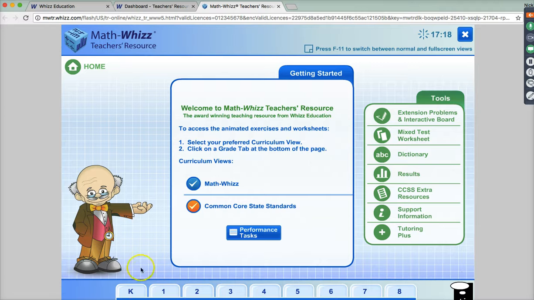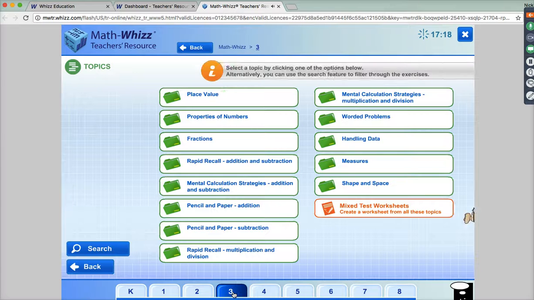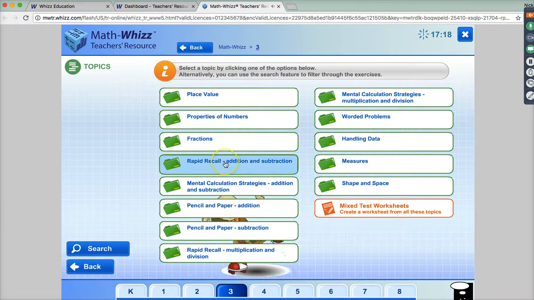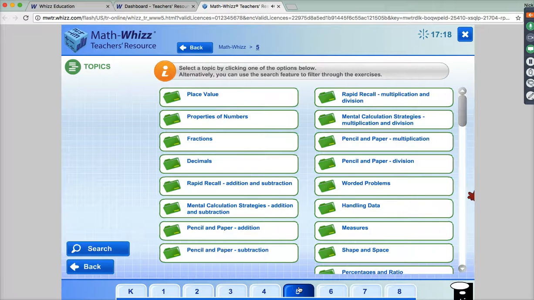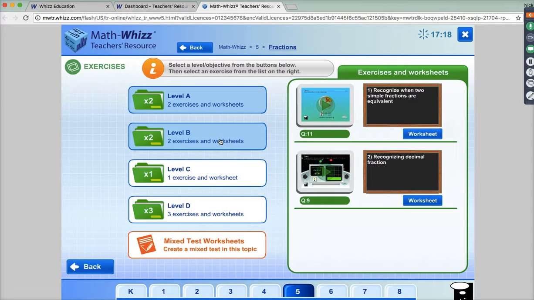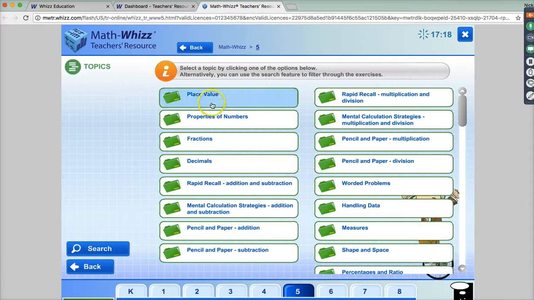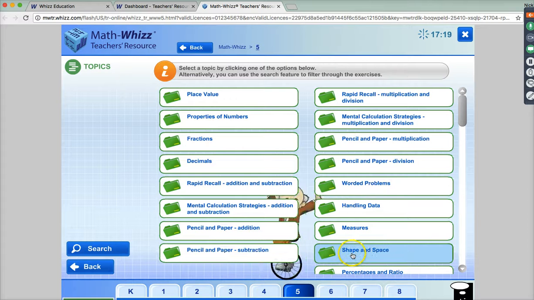At the bottom, you see we have our grade levels. I'm just going to use third grade, if you know what you want to show. Do you have a different one? Yeah, I'm thinking of a fifth grader specifically. You can do fractions, but these are the topics that you have under fifth grade.